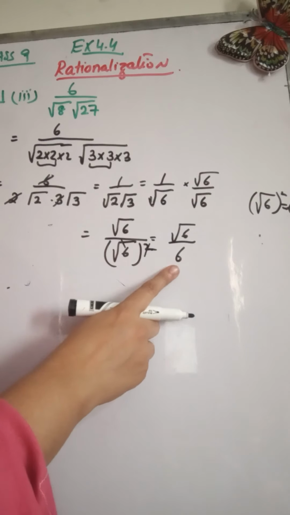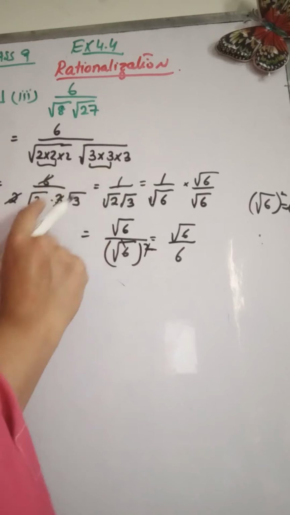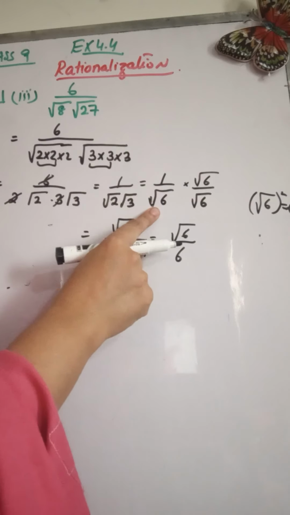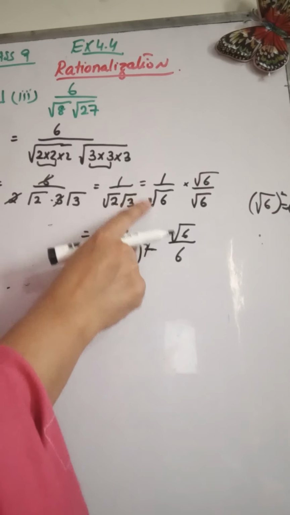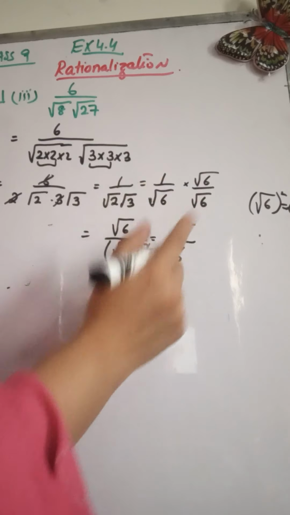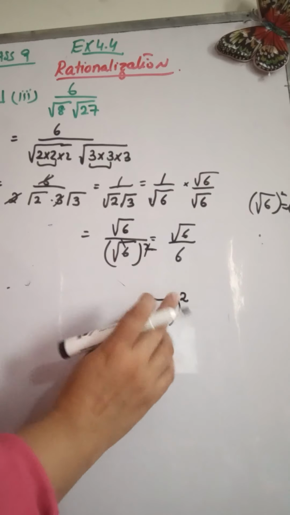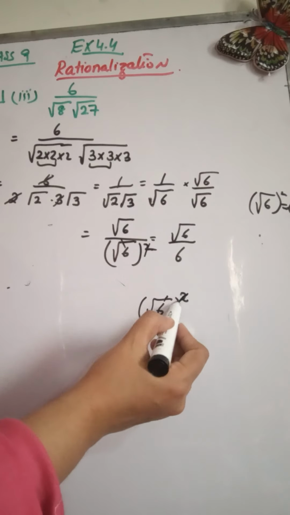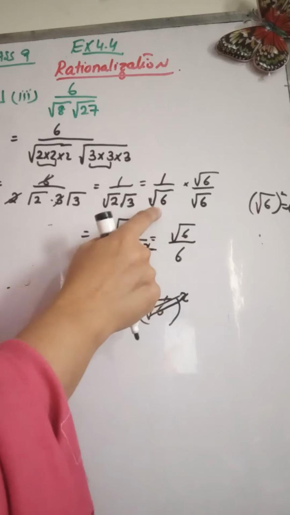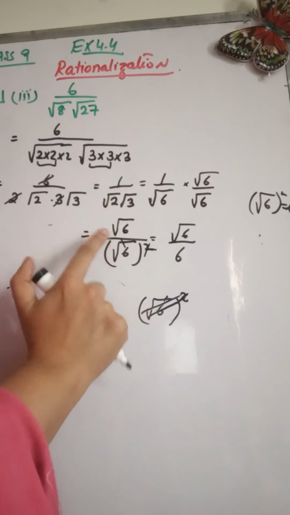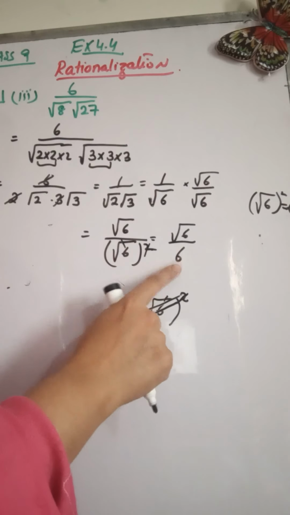So this is how we do the rationalization of this denominator. First of all, we simplified these roots, then after that we got under root 6 in the denominator, which was giving an irrational number. To remove the irrationality of this number, we have to remove this radical sign, and we know that the radical sign can be removed if there is one more under root 6. So it makes under root 6 whole square, and this radical sign is cancelled out with the square. To make under root 6 whole square, I multiplied the denominator as well as the numerator by under root 6, and we got under root 6 in the numerator over under root 6 into under root 6, which is equal to under root 6 whole square, equals 6 in the denominator.